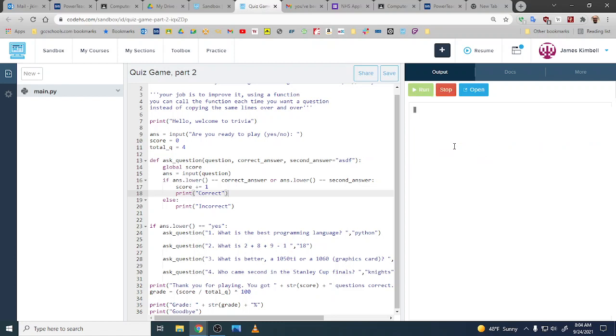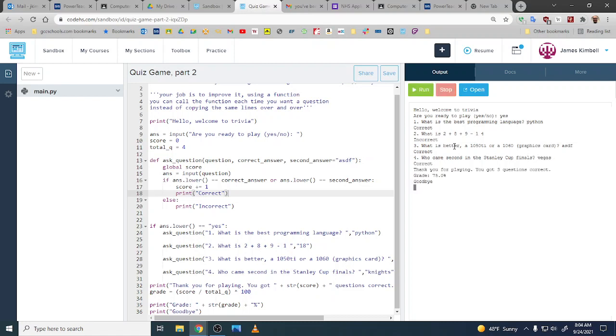And we'll try, we'll get one right, we'll get one wrong. We'll try one where we use that secret answer key cheat code, and then we'll do one where we try the second possible answer for that one, and it did work on all of those. So that's not needed, okay? You don't have to do that, but I'm showing that if you wanted to have a second possible answer, you